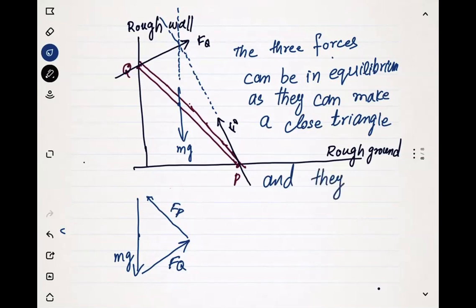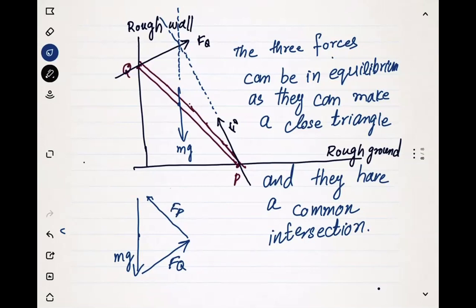they have a common intersection. So whenever the three forces acting on an object are passing through a common intersection and they are capable of making a closed triangle, then the object can be in equilibrium. So for equilibrium, the conditions are that the